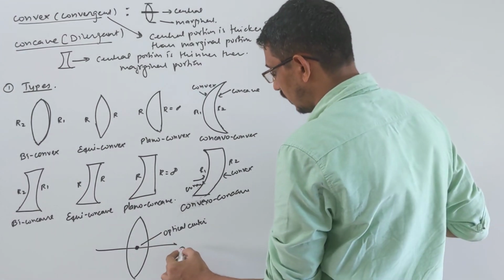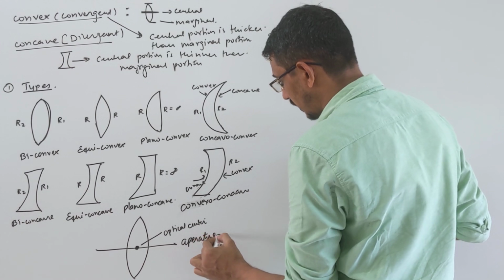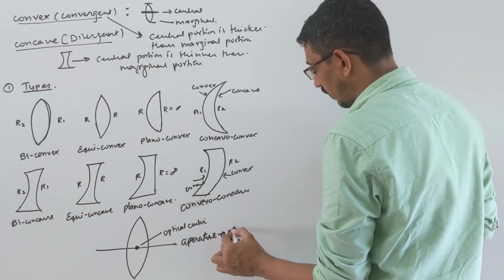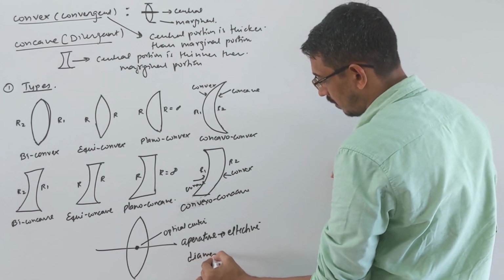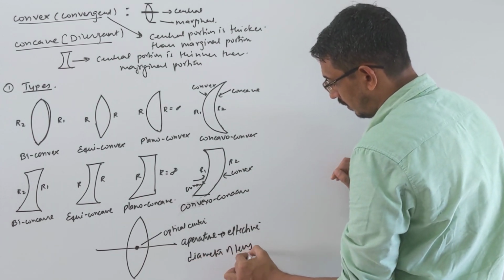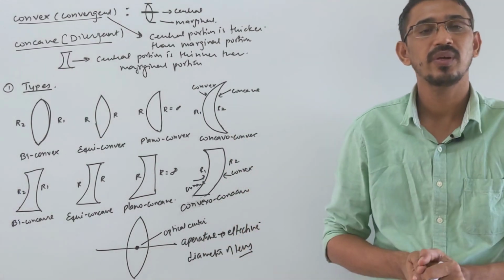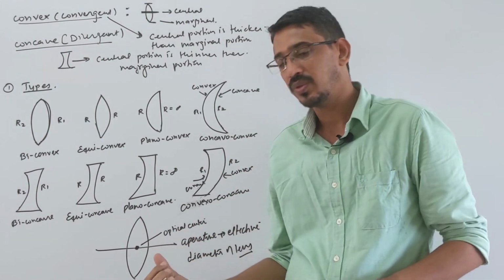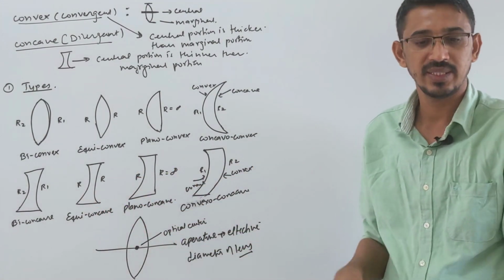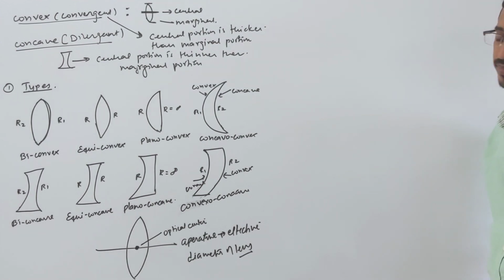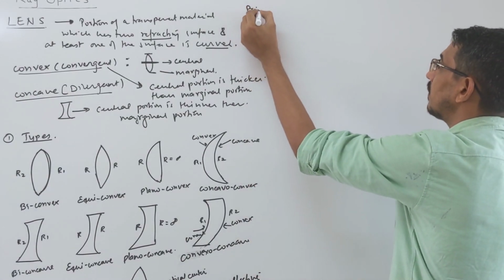One word we call aperture. This is a new word. Aperture means the effective diameter of the lens. This is very important here because it is related to intensity, how much light is passing through the lens. We will talk about this. Then we talk about focus, something called principal focus.